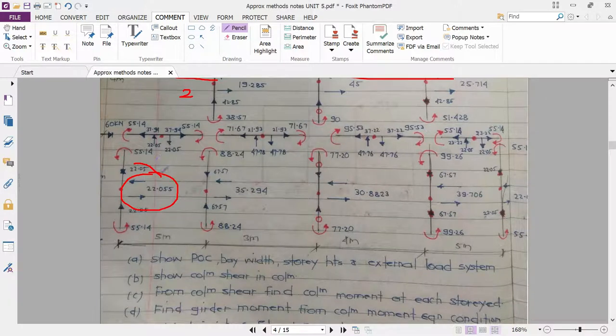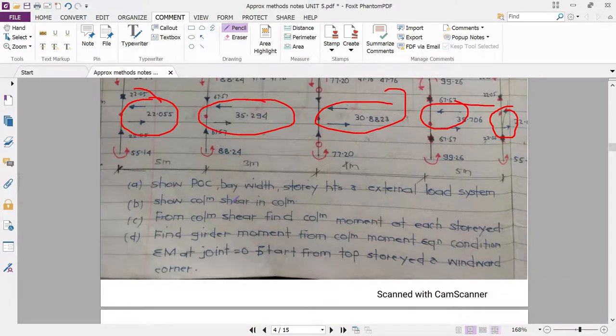This 60 is there, you have to write the magnitude of the horizontal force first. This is the first step, you have to write these forces like this, and then calculate the moment based on this shear force, then transfer this moment to the beam, and then calculate the other forces accordingly. So these are some steps you have to follow.